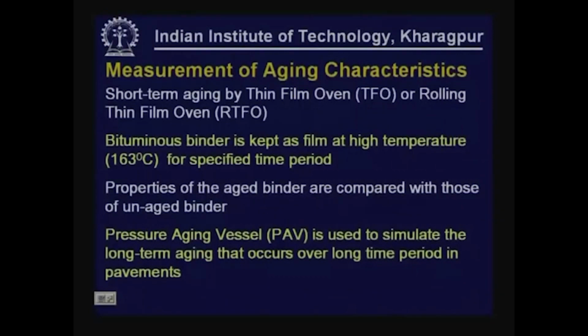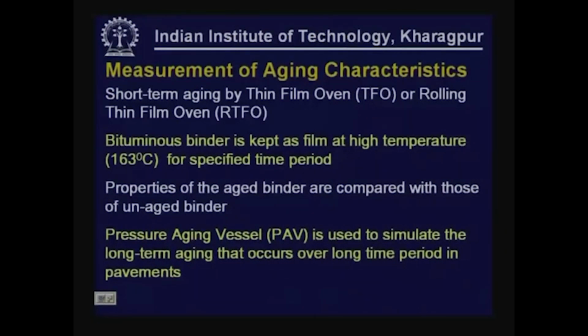How we measure the aging characteristics of bitumen: there are various methods, but the most commonly used, especially for short term aging, is equipment called the thin film oven. As the name suggests, the bitumen is prepared in thin films and subjected to aging. There is a more recent version, the rolling thin film oven, which is slightly